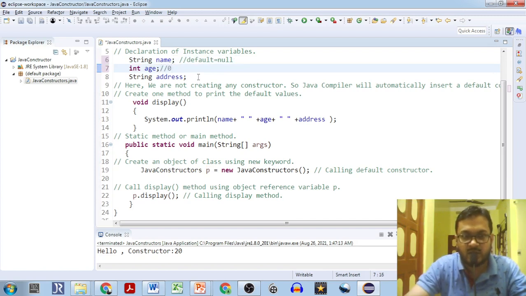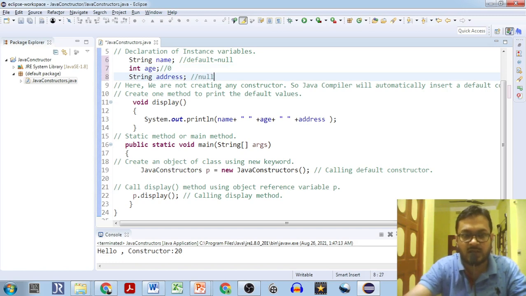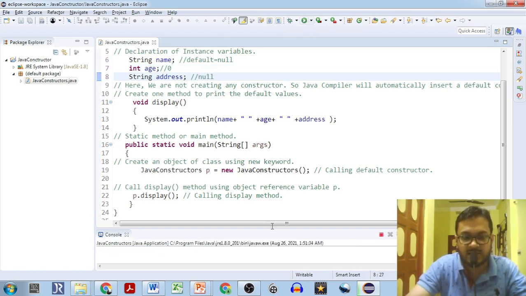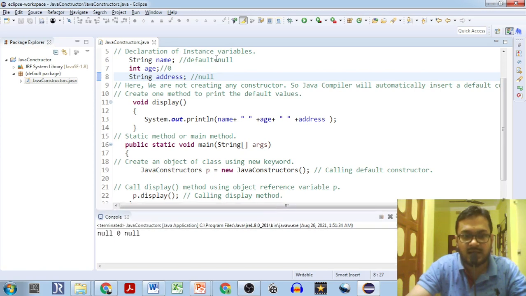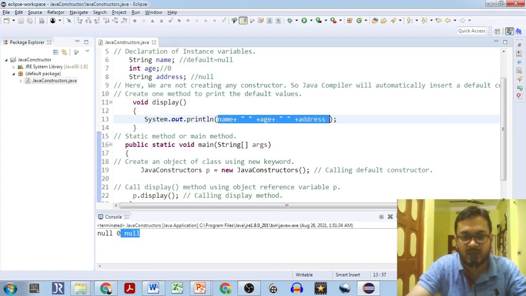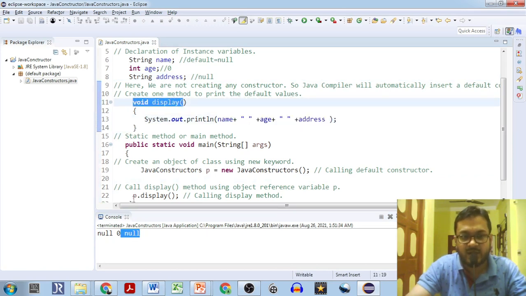What is the default value for string address? Also null. So null, 0, and null, separated by space, should be displayed on the output screen because Java has written the default constructor for you. Why? Because we are printing this from the void display, and display is being called from line number 22. As simple as that.